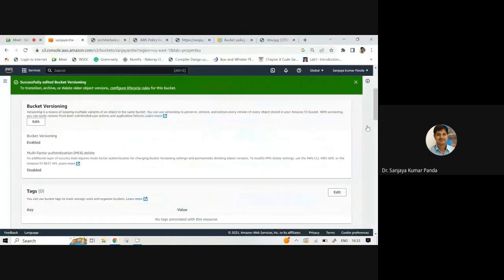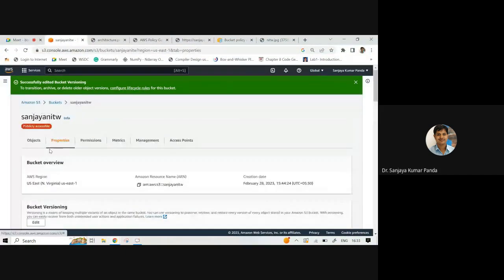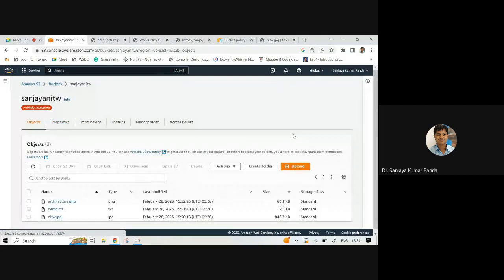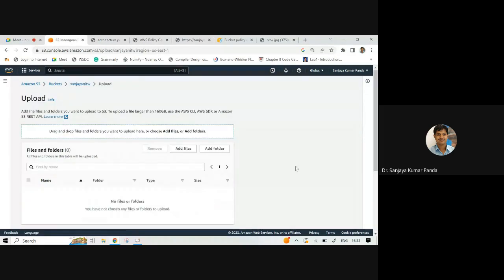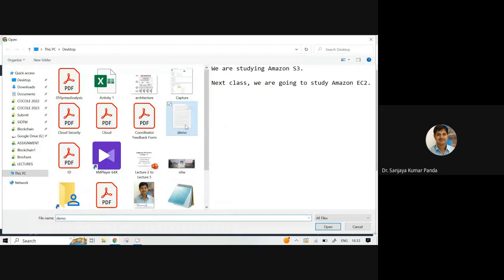Okay, so let me upload this modified object. Now, how many objects are there here? Can anybody tell how many objects there are? 3. Okay, so let me upload the demo.txt file again, but it is a modified file which consists of